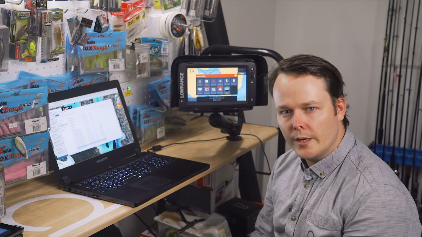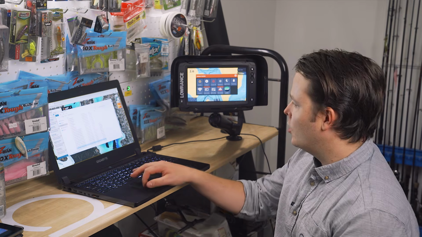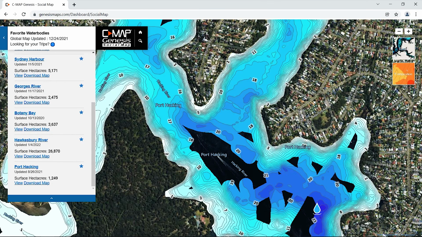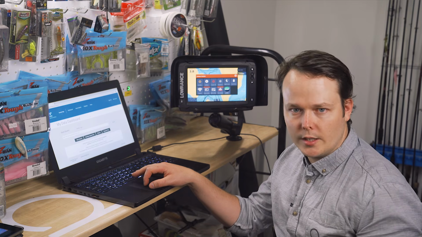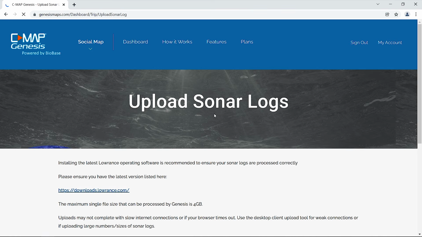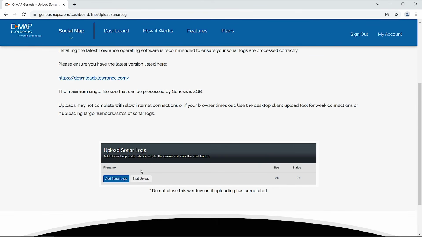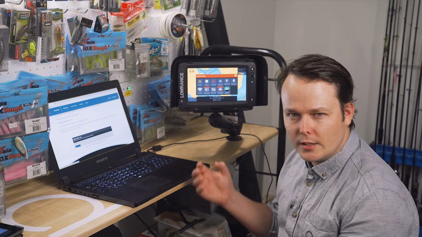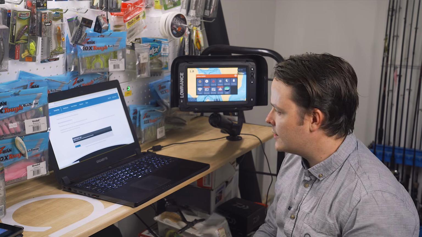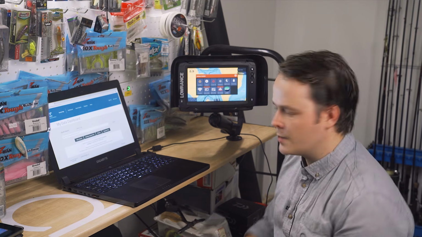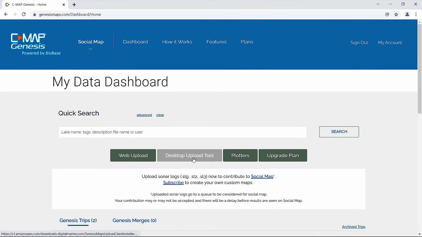So there are 2 ways to upload these files. What we can do is go to our CMAP Genesis website, and if we go to our dashboard, we can upload directly into the web browser. So we hit web upload, and then we can start adding Sonar Logs here. I'm going to show you a different way because I find this to be a little bit clunky and sometimes it does fail. If we go back to the dashboard, you'll see that there is an option here for the